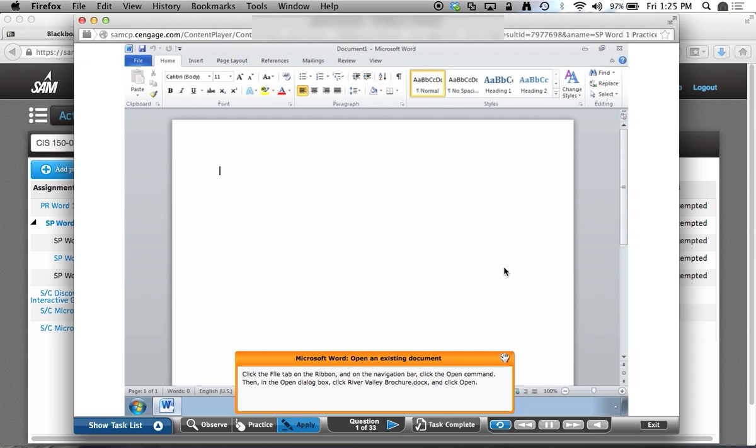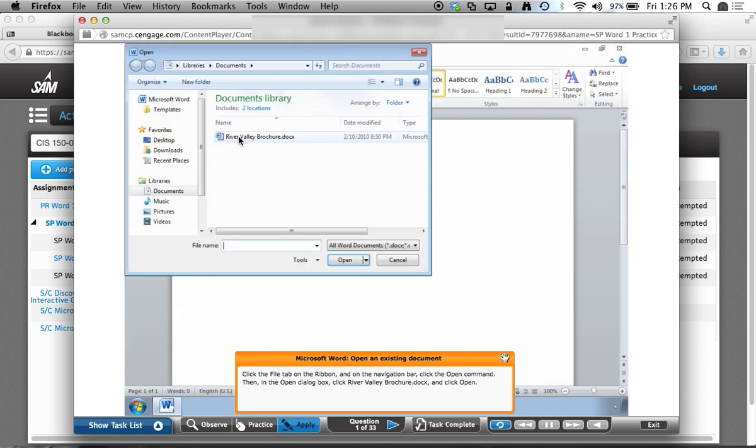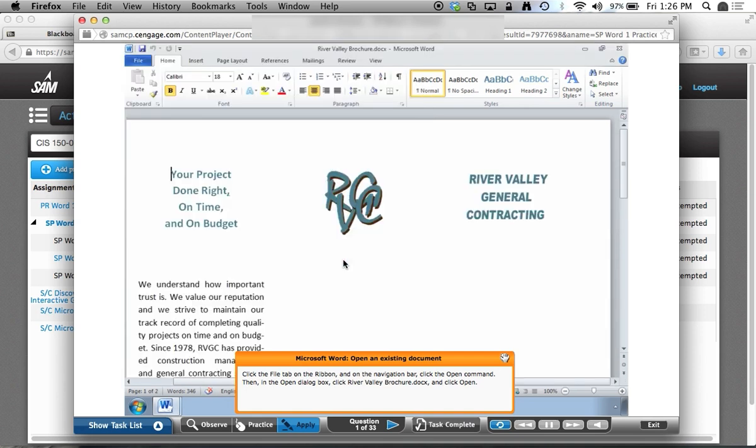Click the Open command, then in the Open dialog box, click the River Valley Brochure and click Open. Before, they had visually for us all the buttons lined up, and I had to click in the right place. Now, they expect that I already know how to do that. So I go to File, I go to Open, I click on the file, and now